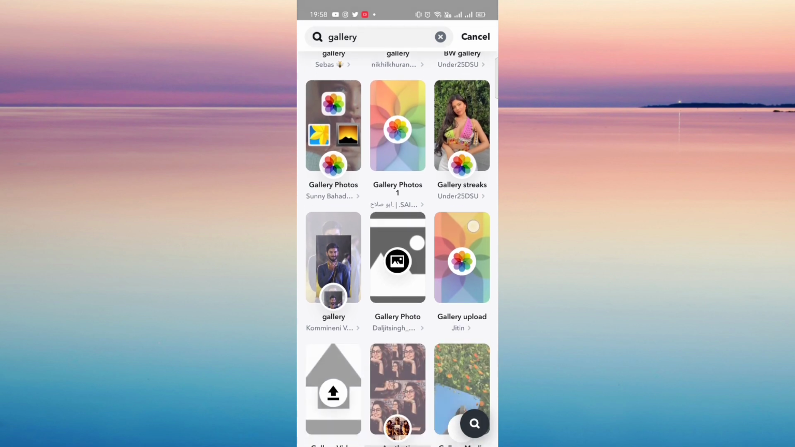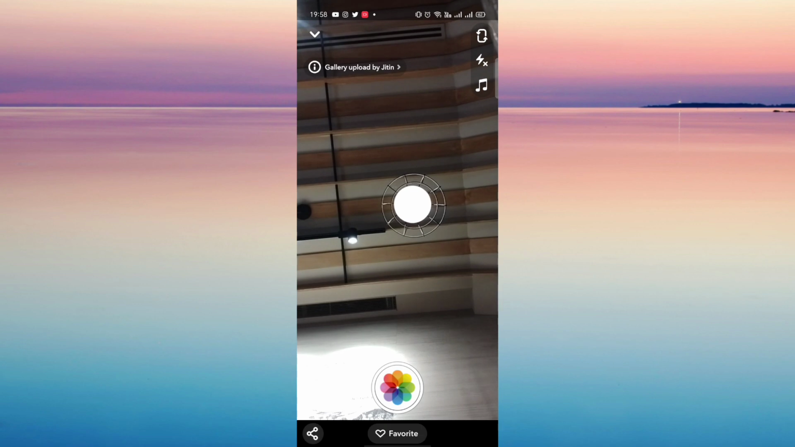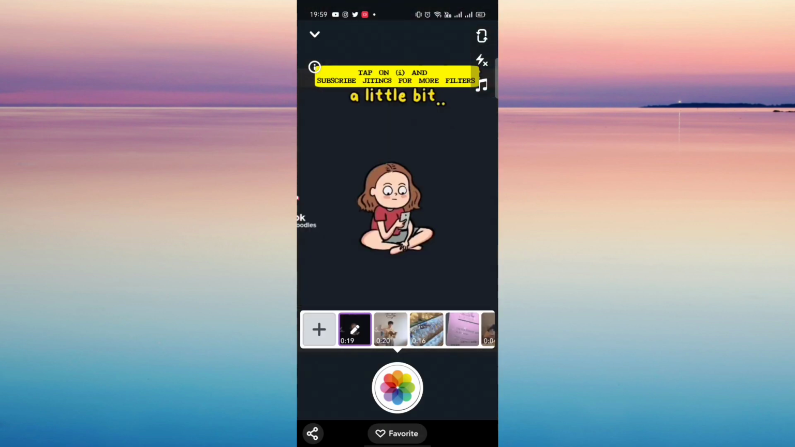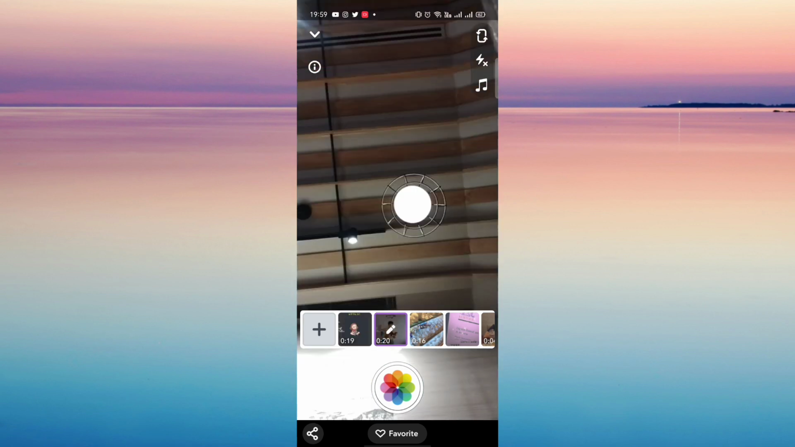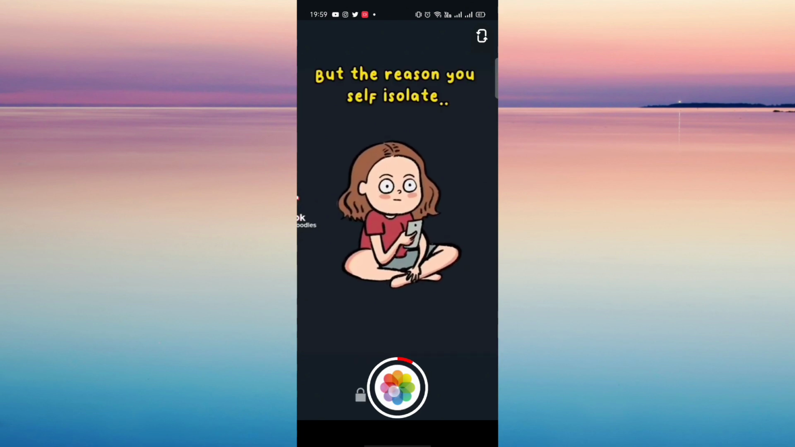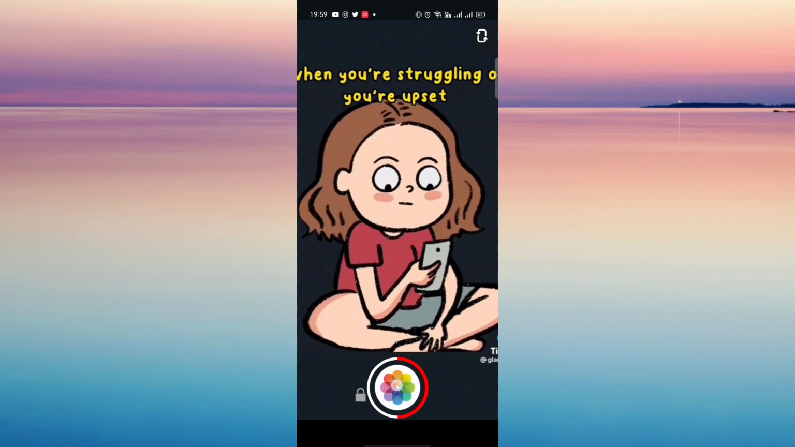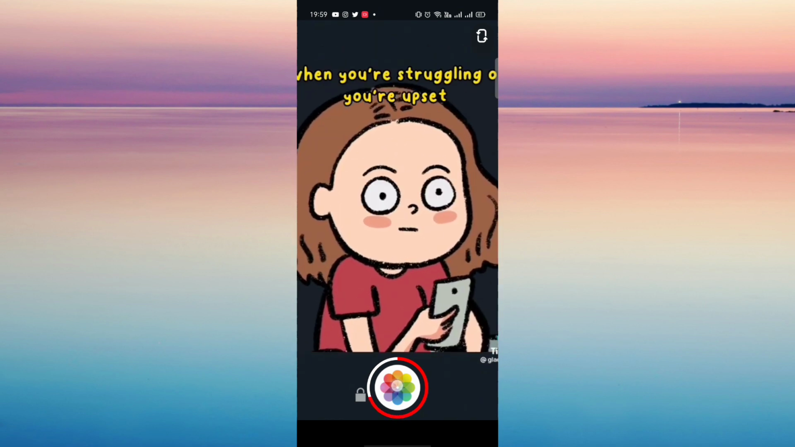Then we're gonna have to choose this one. Let's just wait for it. Then just click the video that you want to be your snap. So let's choose this one. Then long press this button, then it will start recording the snap that you want to post, and just stop